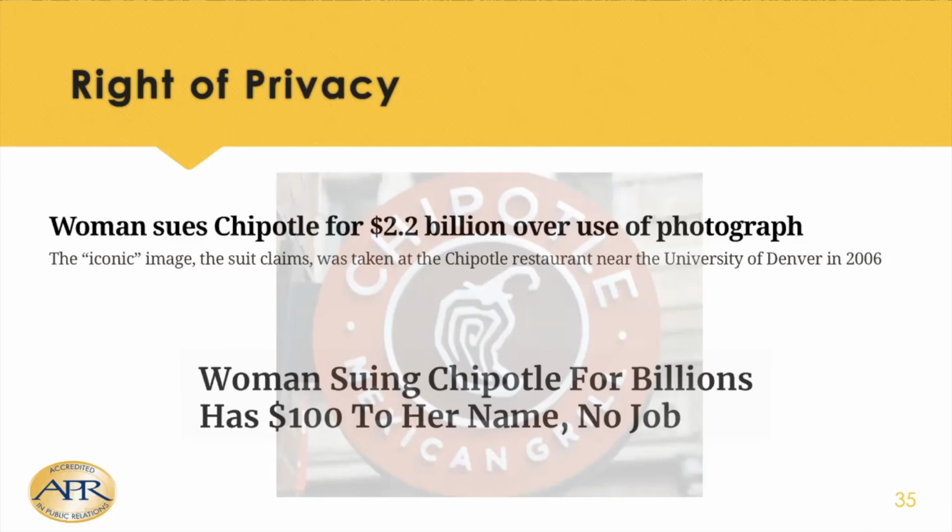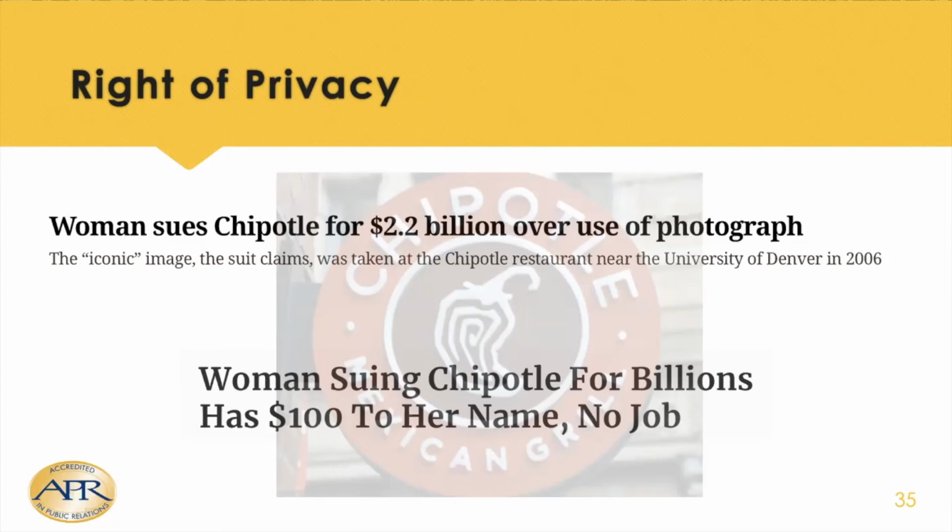And then the story came out, of course, and they pulled this from legal filings that she sued, the woman who sued Chipotle. She didn't have a job. She hadn't worked for years. She had less than $100 to her name, no house, no car. And so this started to get reported in the media about who she was. And of course, all of a sudden, the pendulum swung. Public opinion was, she was just going after a big company looking for money.